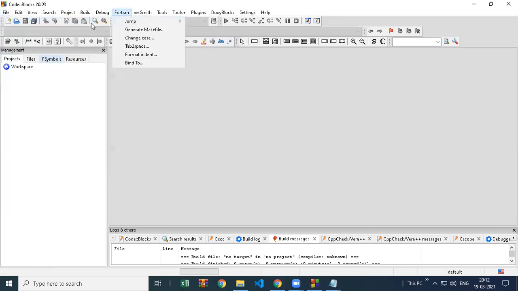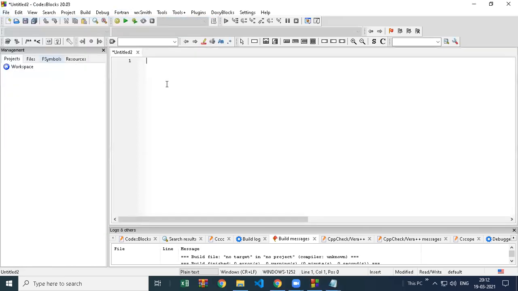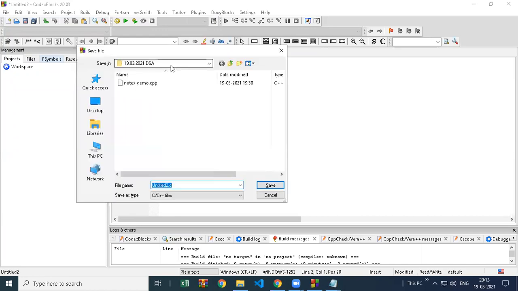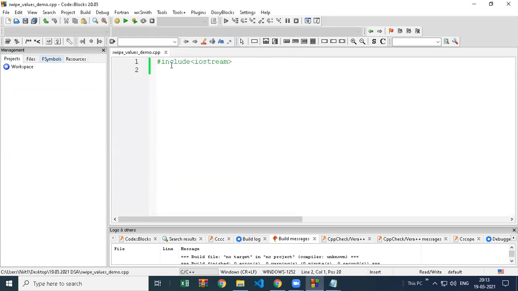Before implementing bubble sort, I want you to solve this simple code. It is related to bubble sort, that's why. Swap values demo. And then we can go with bubble sort.